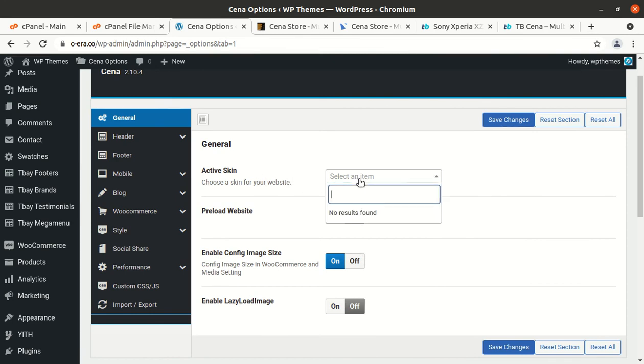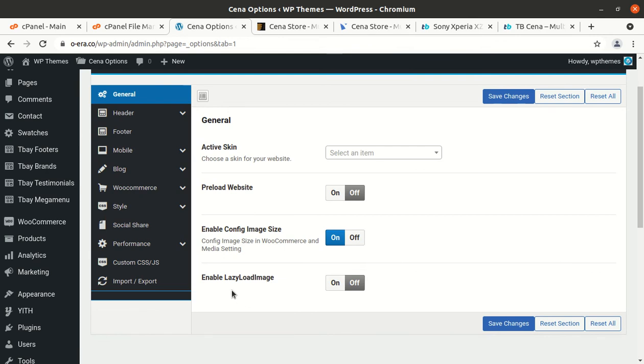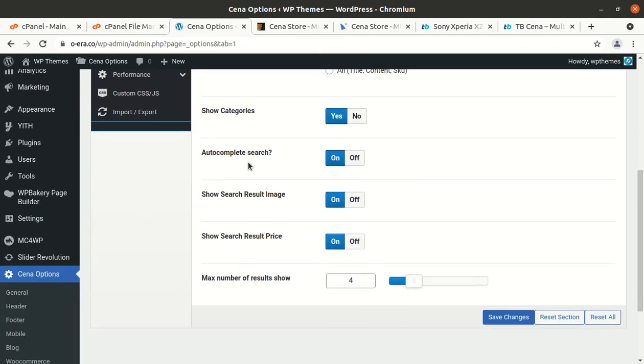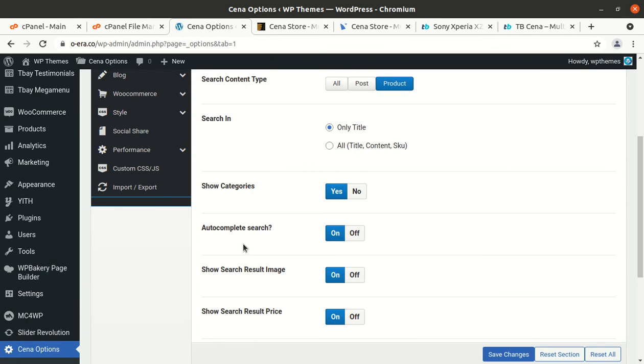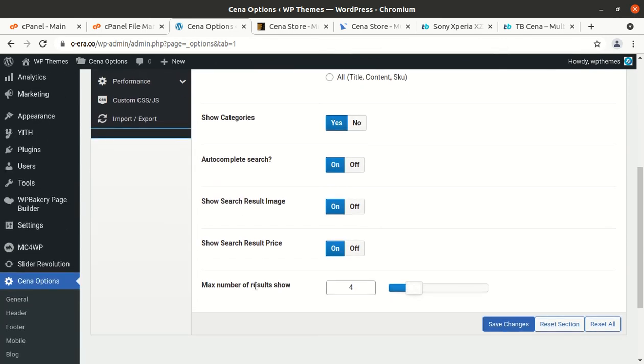So active scan is here, and preload website, config image size, enable lazy load, header control is here. So you can use search form, and search form has multiple options, so autocomplete search, search result pages, and all such things are here. So you can choose any of these options as per your requirement and choice.